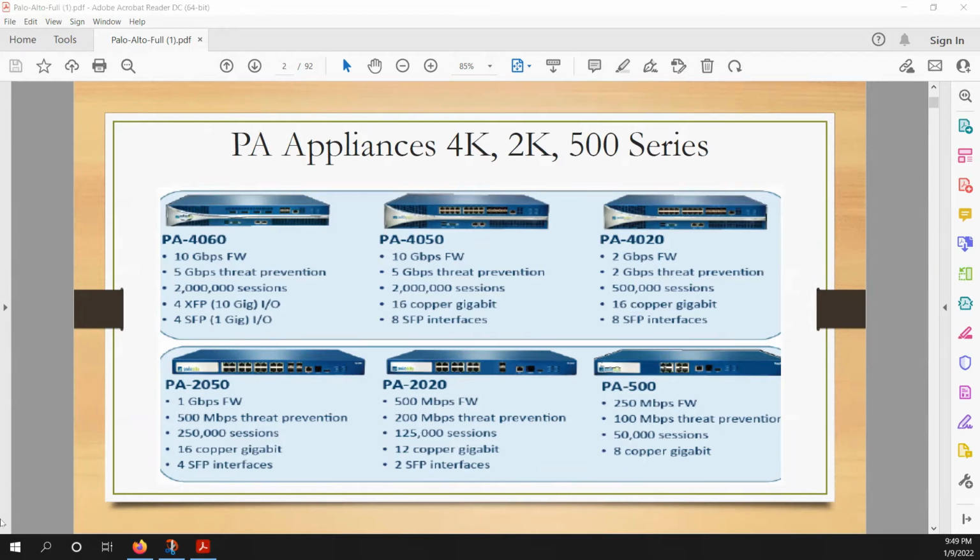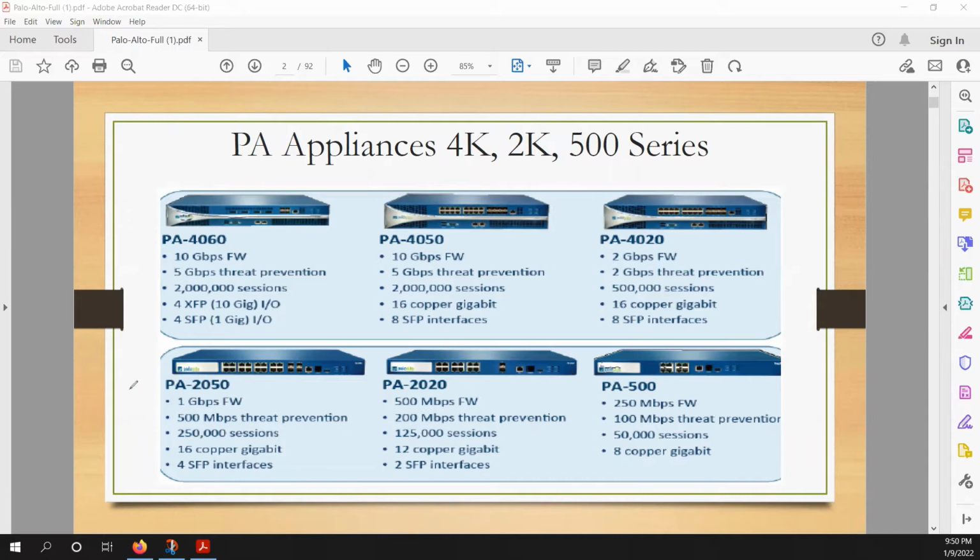Okay, so now moving to the next one. These are the SFPs actually. So you know what the SFP is? That is hot swappable, where you can put in 10 gig. If you put in a 10 gig SFP, you would get 10 gig throughput. If you put in a 1 gig SFP, you would get 1 gig throughput. So this is the 4060 series, and in the same series there are a few variations.